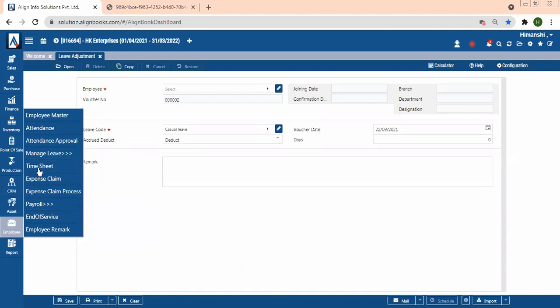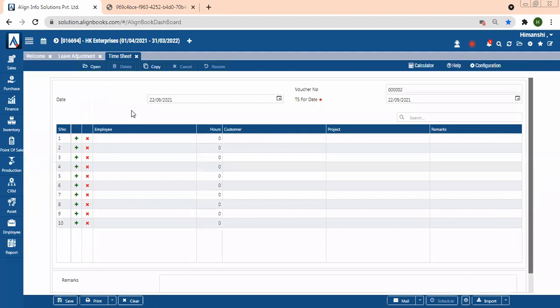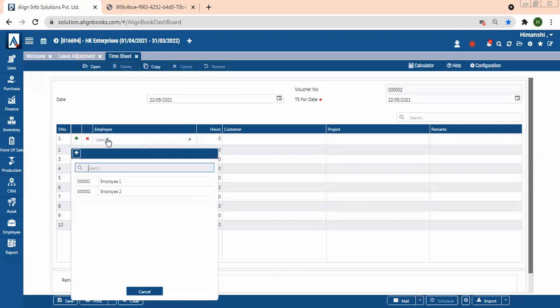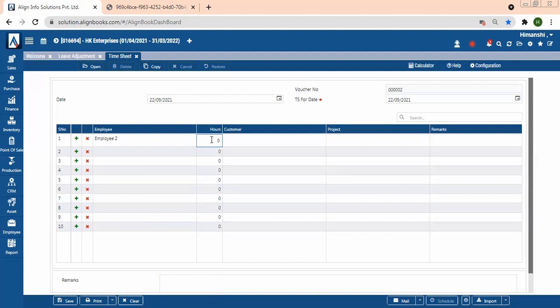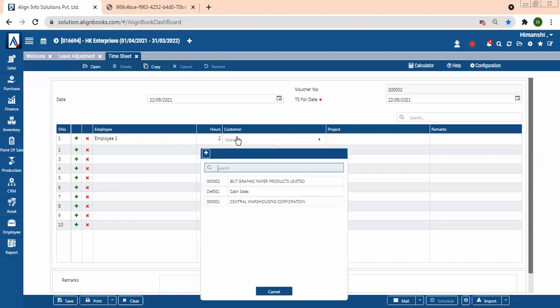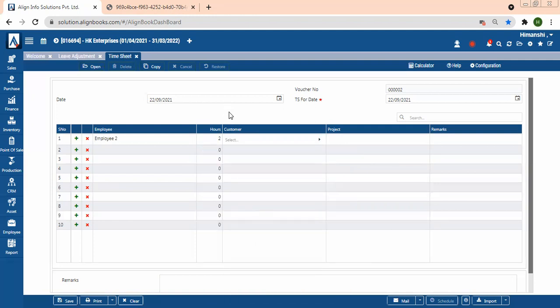And after this we have the timesheet option. Timesheet option is for when you want to record how many hours your employee has spent on any customer, or any project, or any activity. For that you can use this timesheet option, and this timesheet will be on an hours basis only. So you can put here, let's suppose 2 hours. It is mostly used in case of security services, or those who have a project type of business, like tuitions or something. Over there it can be used. So in timesheet